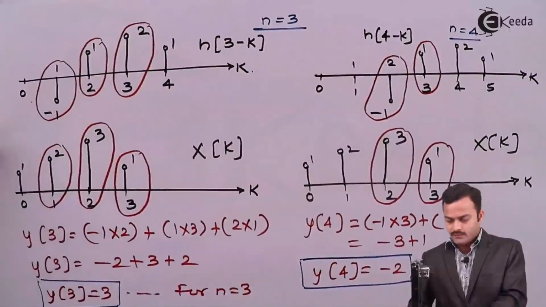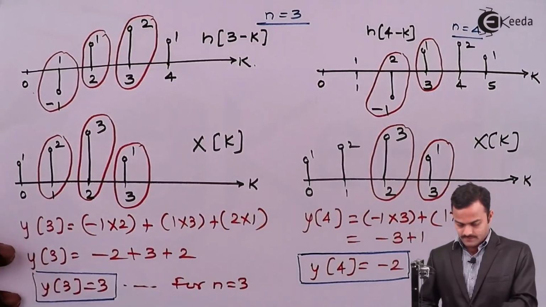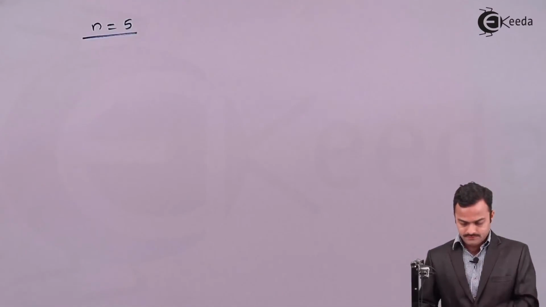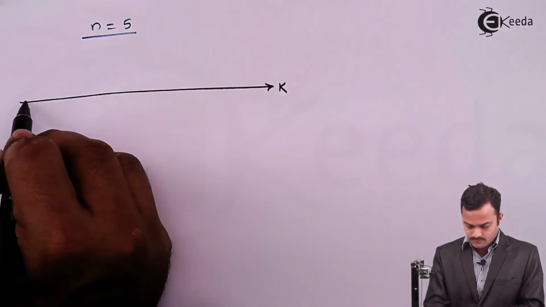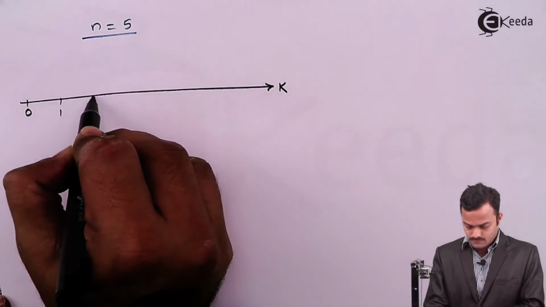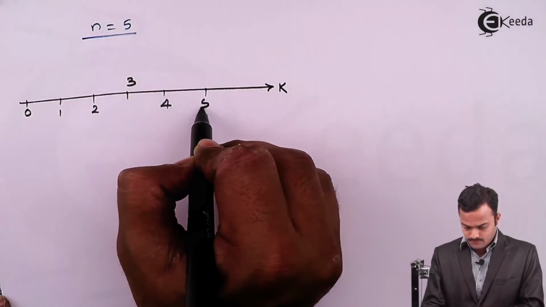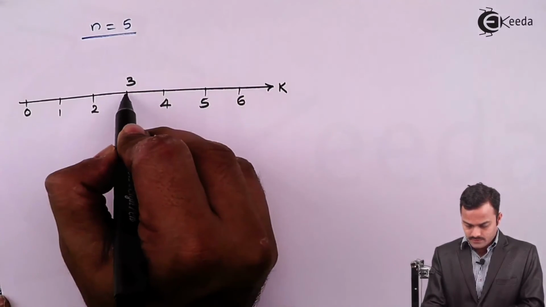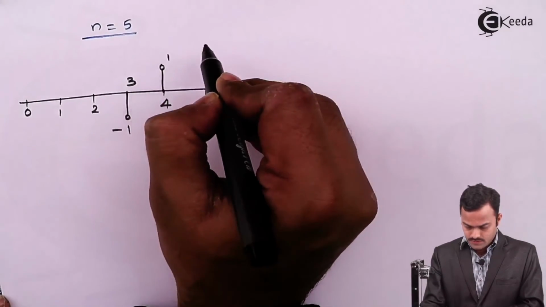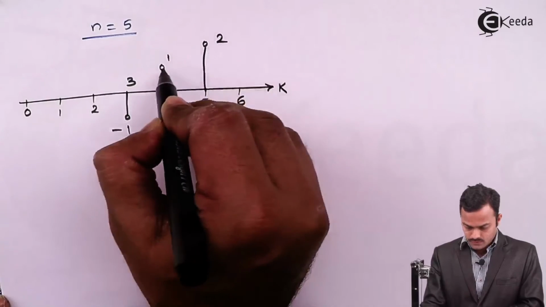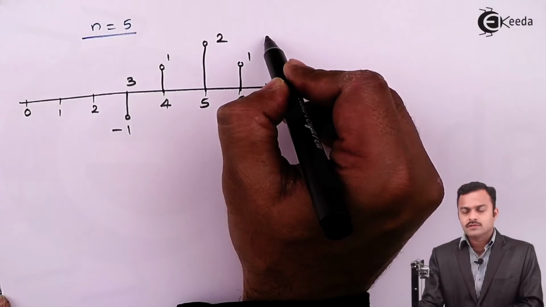This will be advanced by one more unit so that it has the span from 3 to 6, with the values -1, 1, 2 and 1. So this is h of